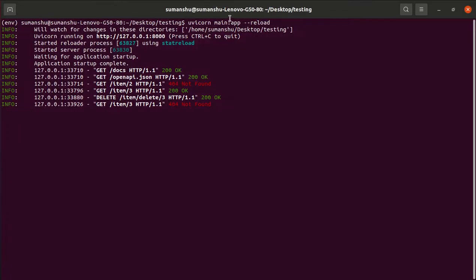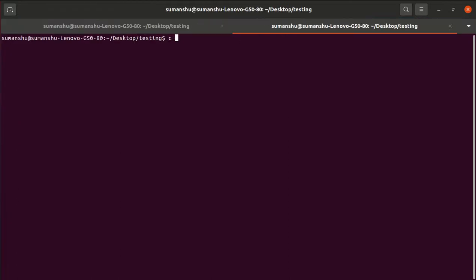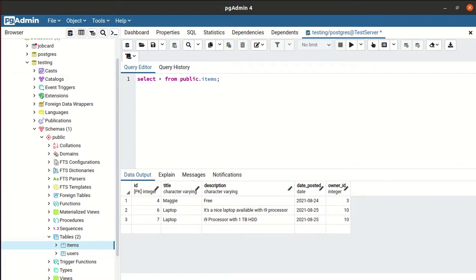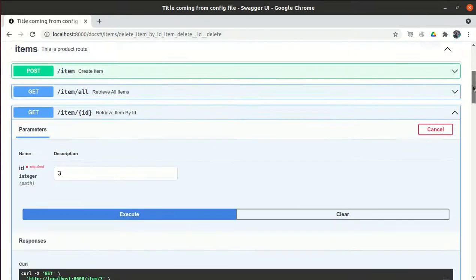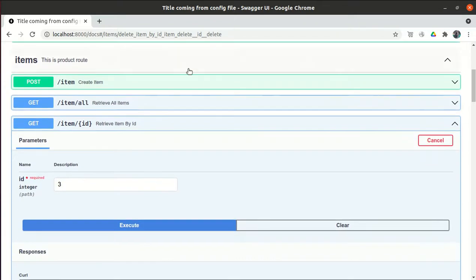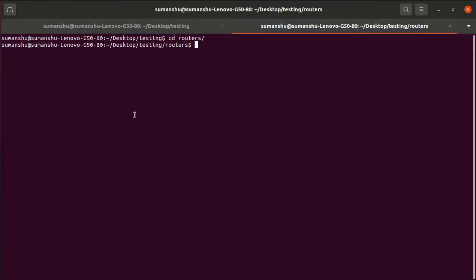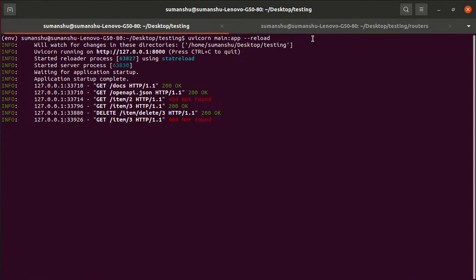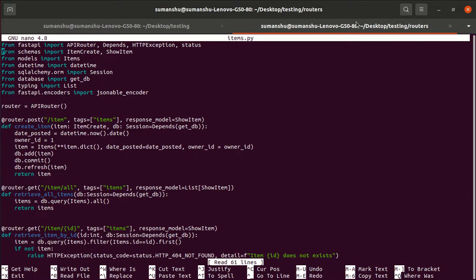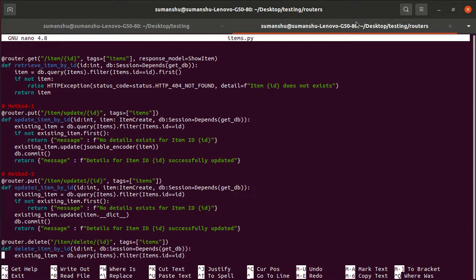So let me correct the code as well, because it is returning a null response. Here, when we delete the item, it returned the null response on the successful deletion of the item. But we have to return a specific message.